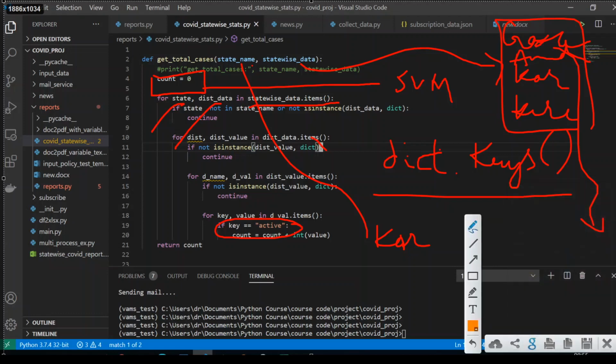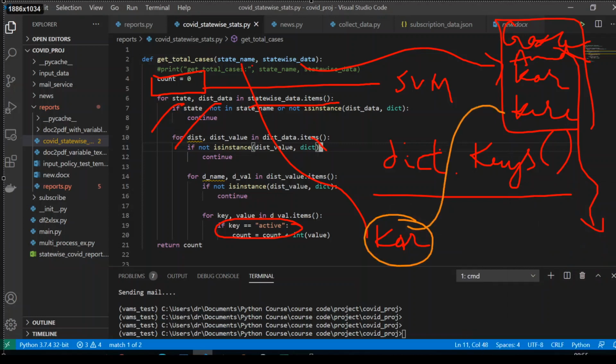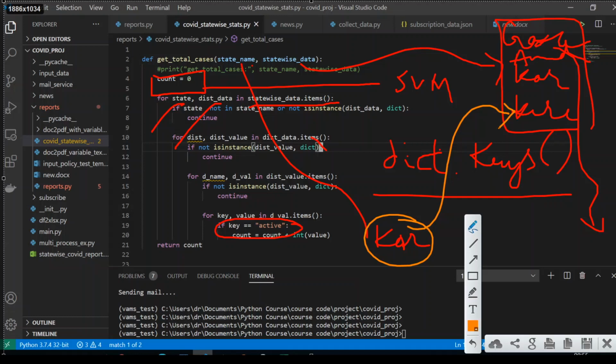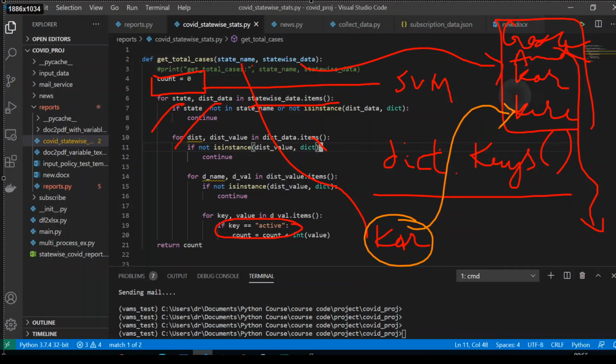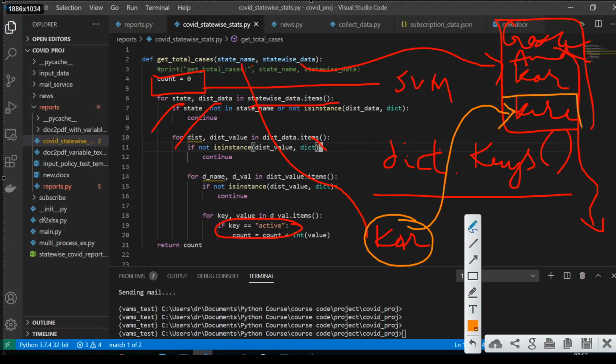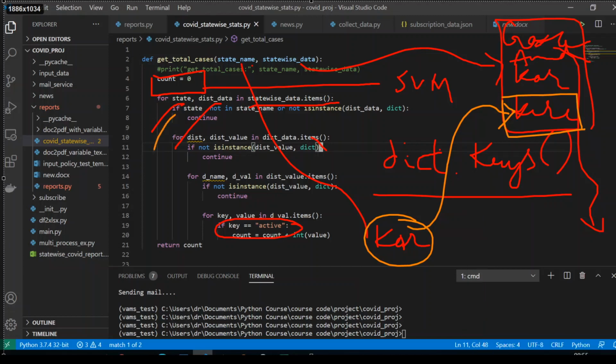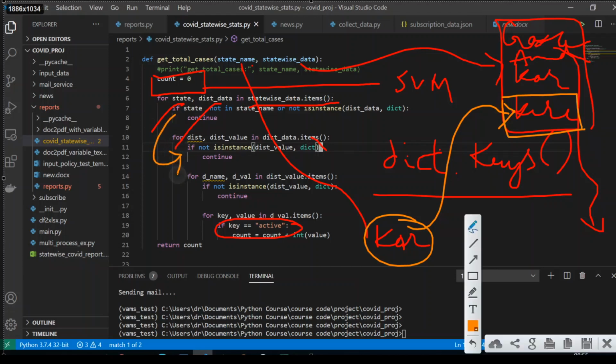Then I am matching whether this Karnataka is matching with the state while traversing the loop, and then I am continuing. So I have matched it here, so it is present here. Now I will go to the next level, which is the district level. We know the structure already.